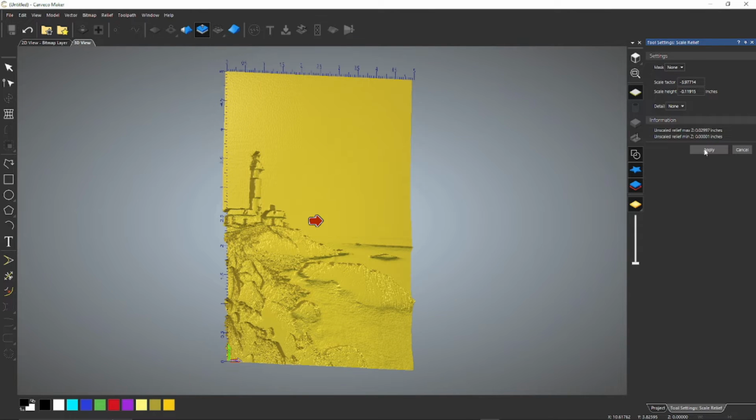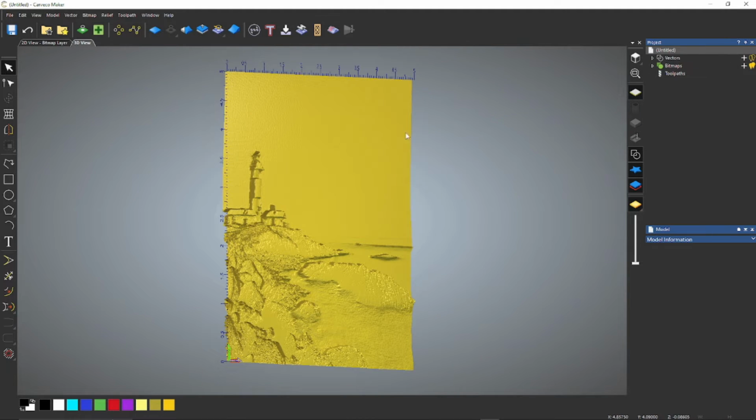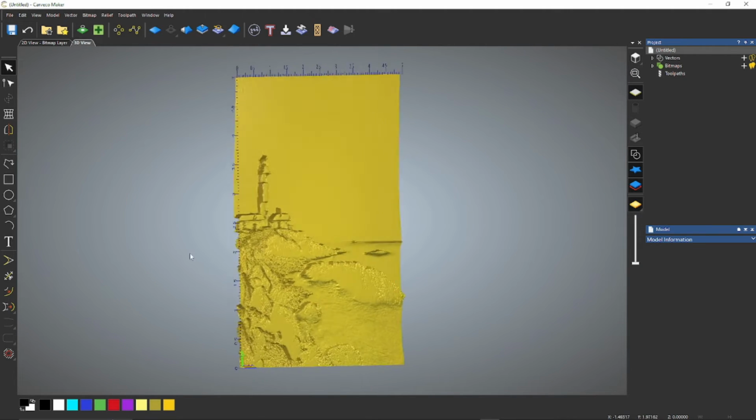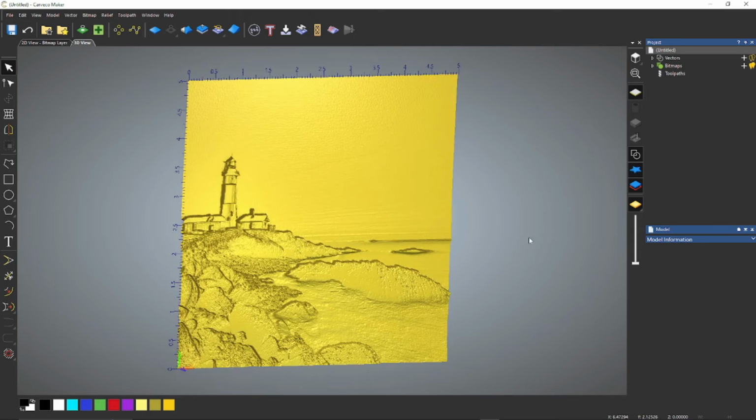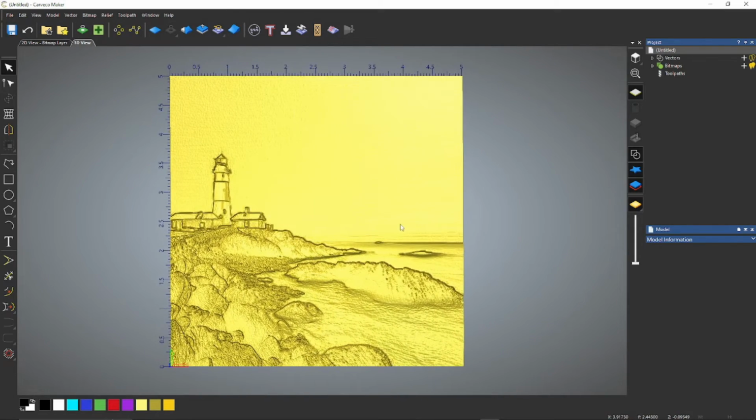So if I hit apply, it will apply it, and it's going to look weird at first, but you just close this up and it'll go back. So now we have a little bit of 3D relief to it. Now the other thing you want to do with the 3D printer is you want to smooth this thing out,